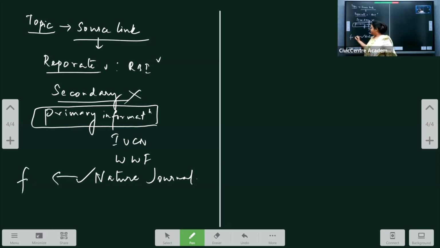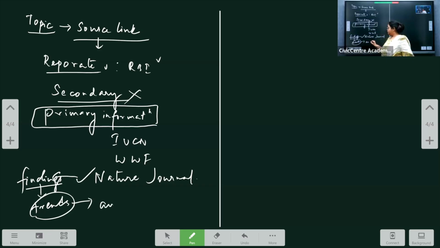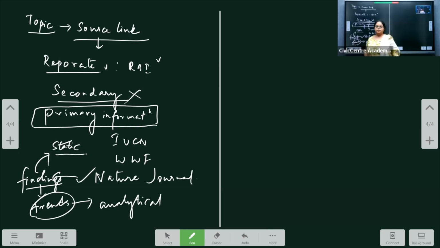We are only concentrated on what are the findings that are there. And in the findings, if you are observing some kind of trends, like there is an increase, there is a decrease, such kind of trends will become the analytical question. Otherwise, the fact in itself will become the static part of the question or the statements in the question. I hope that is clear. So no more using of newspapers as your sources. They are not primary sources. You will be only using the primary information from either